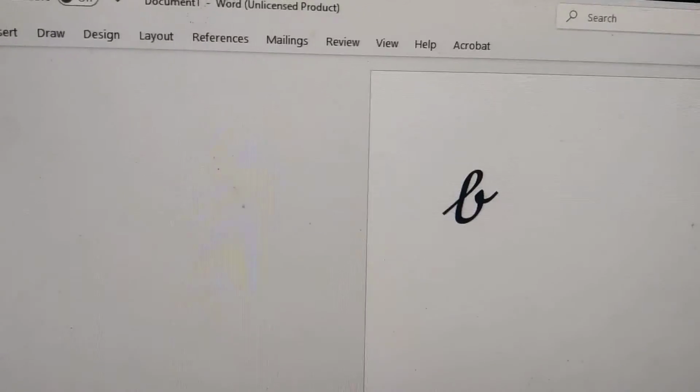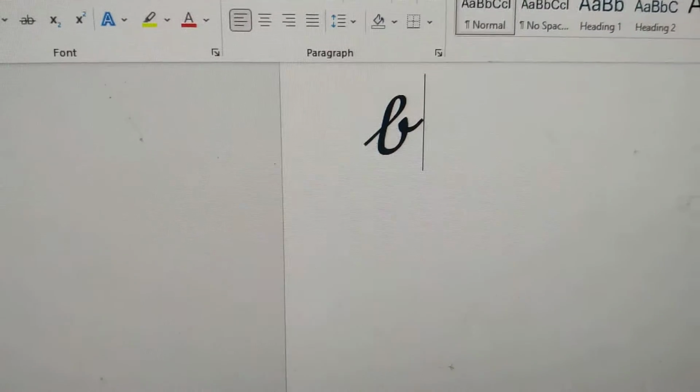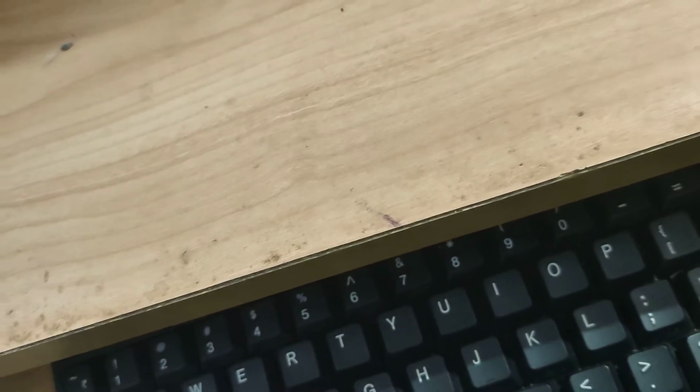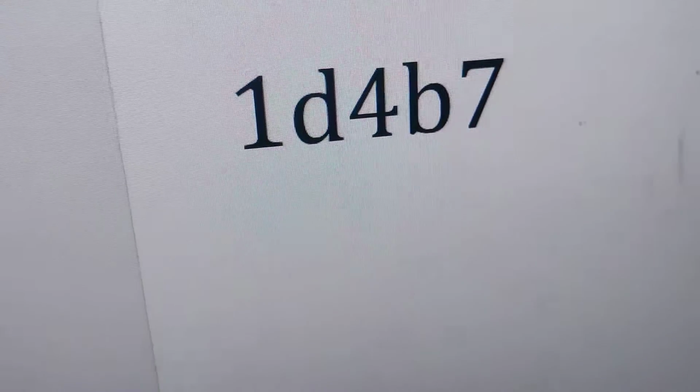For doing this, you must first open Microsoft Word in your computer, and after that you must type like this: 1D4B7. So after typing